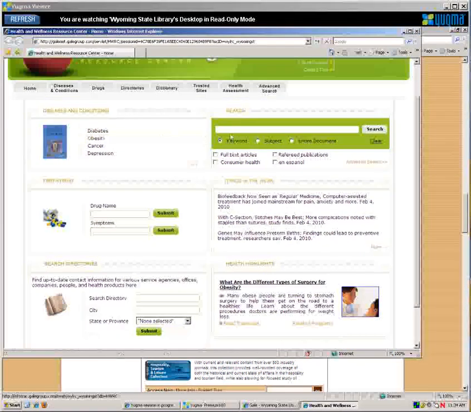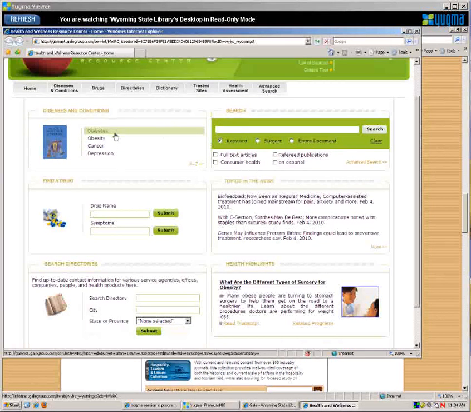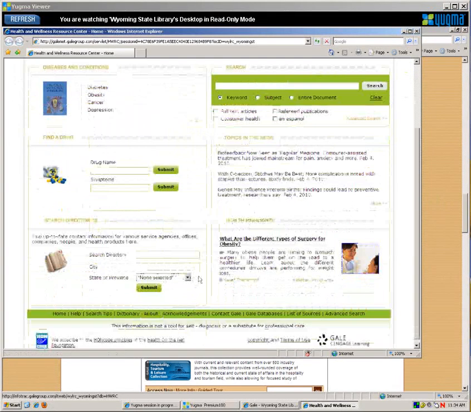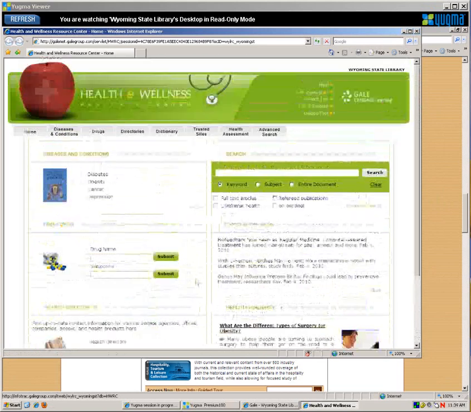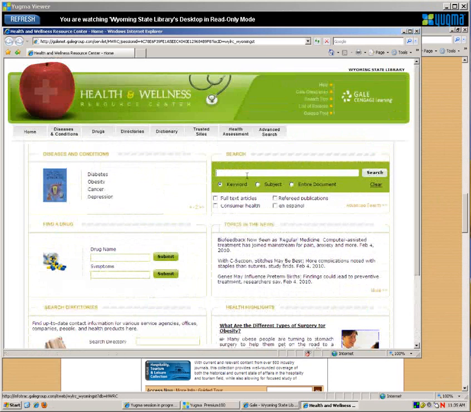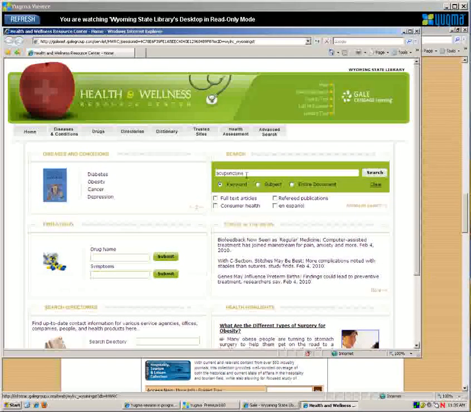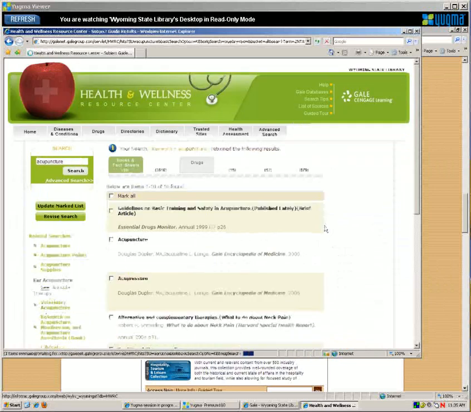On this front page here, in addition to the search box, they highlight items just like we see in our Medline Plus, which we'll still have, and you can do a find a drug here or directories all on this main page. Let me scroll back up here and let's just do a quick search. For example, let's do acupuncture and launch the search